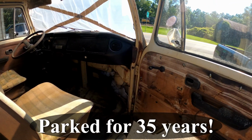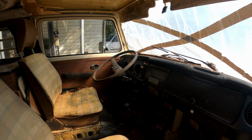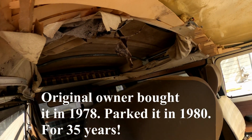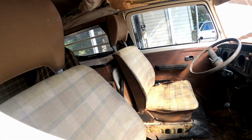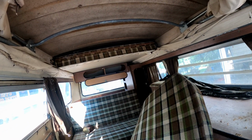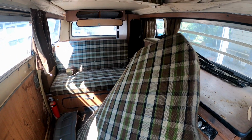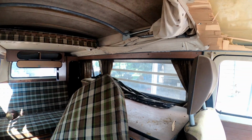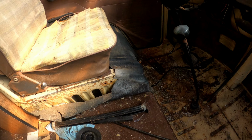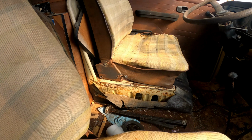It had been sitting outside for 35 years. The man bought it in 1980, I think he said. There's all, it's all original. See, the canvas there's rotted. He's got the motor out. He's going to restore it. He's not a Volkswagen man, he said, but